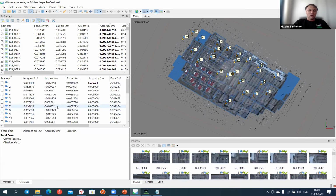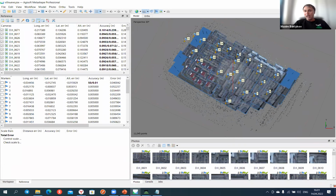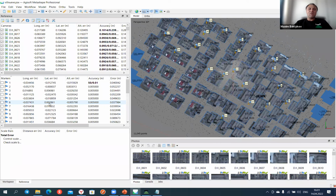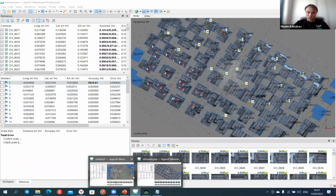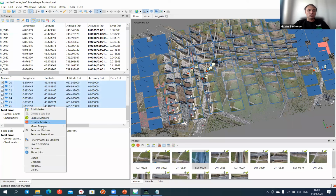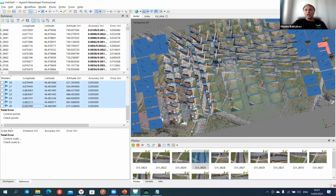So this project is the same project, based on the images from Air2S as well. And we placed a lot of checkpoints here. And air triangulation was made in the same way. But in order to calibrate focal lengths, as you saw before in this project, for air triangulation we don't use any checkpoints. All these checkpoints were unused and unchecked. So for the software, there is no information about the ground, and all data processing was made without any